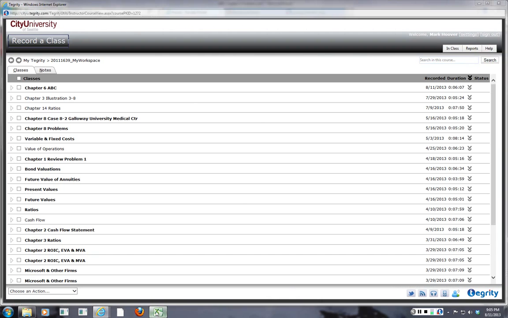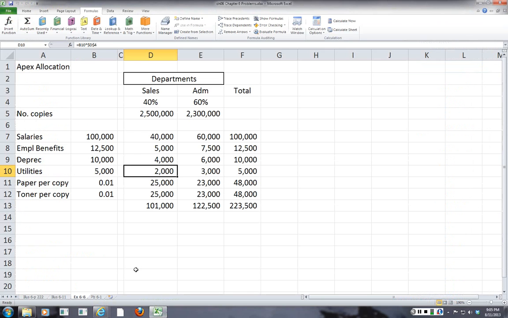Let's try this one. I want to record a couple of problems here. It's on page 239 in our text. It's exercise 6-6, and it has an allocation. It's a problem with allocations. Apex company, and they've got a bunch of costs here, and they want to allocate between the sales department and